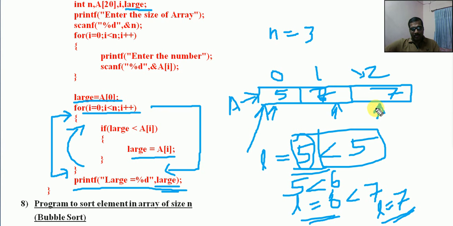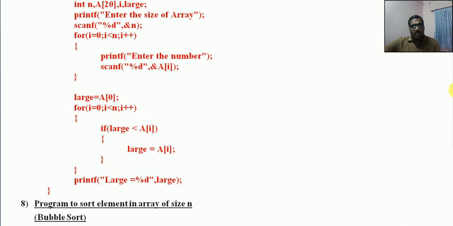Again repeat the same thing, having comparison with other elements one by one. If any comparison becomes true, the greater value will be assigned as the value of large. Okay, so the final large value, that large variable, will be the largest value present in the array. I think it is clear, right? Okay. Now let us see one more logic, one more example.